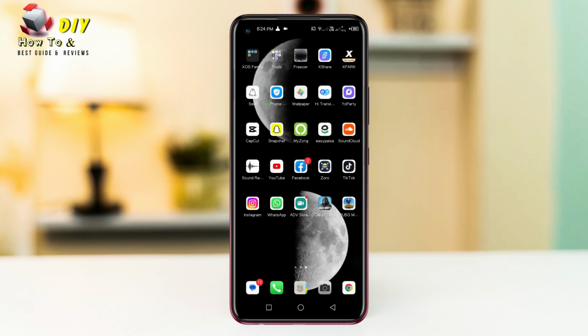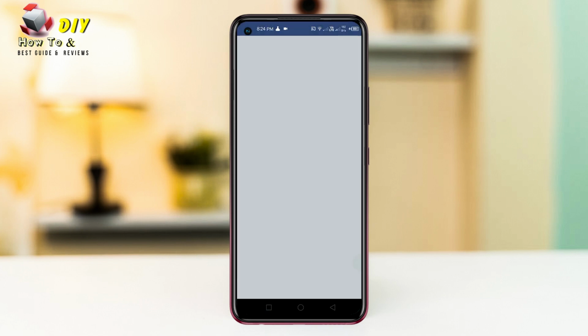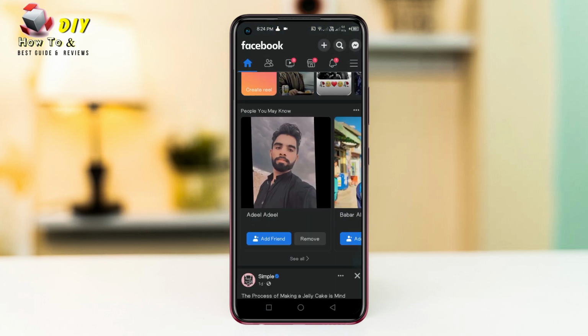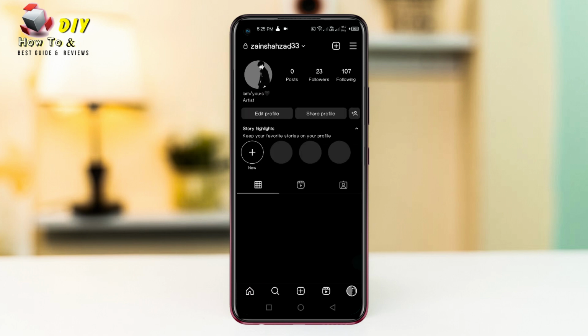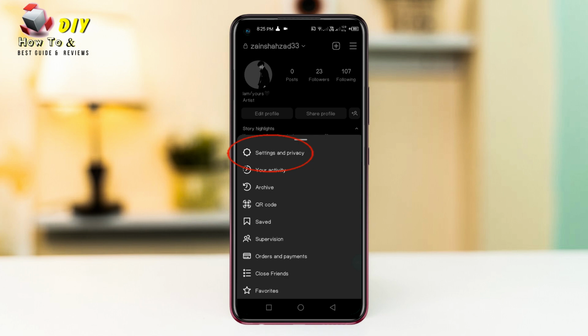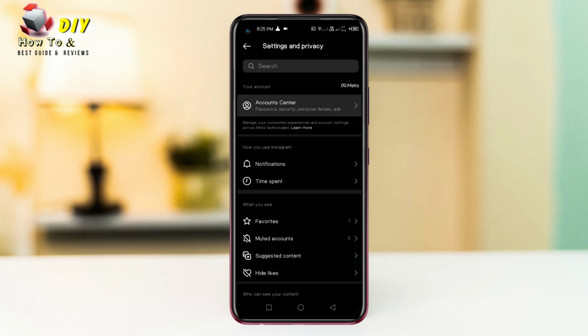Hi everyone, I will show you how to link your Instagram and Facebook account. First of all, you need to log in into your Facebook account. Now open your Instagram app, go to your profile, then tap settings and privacy and go to the account center